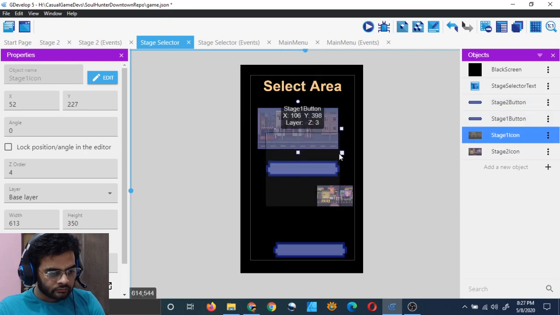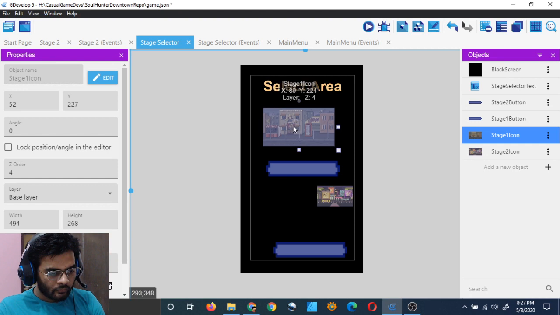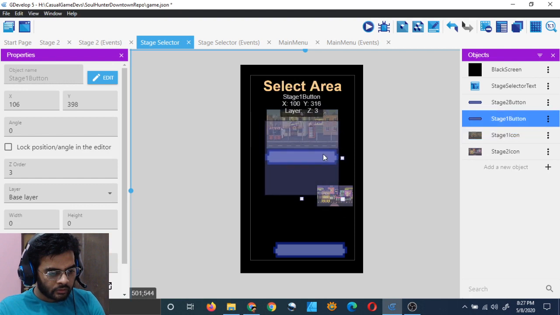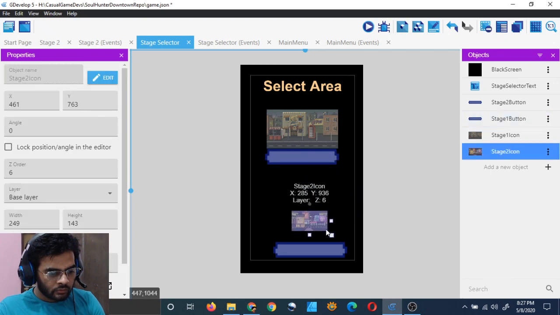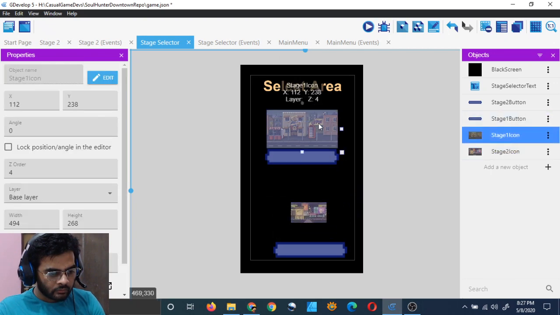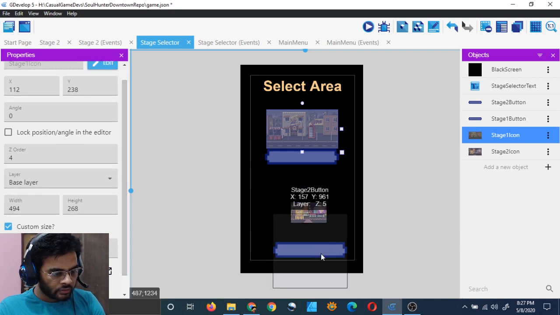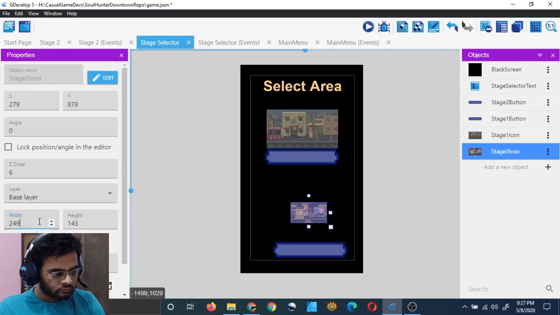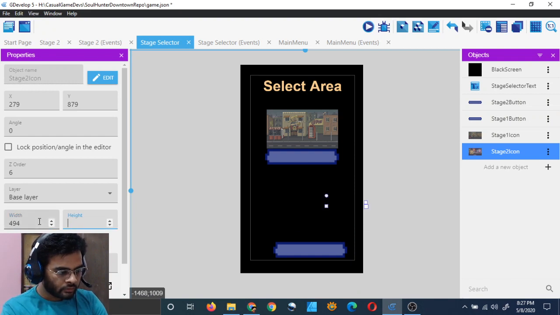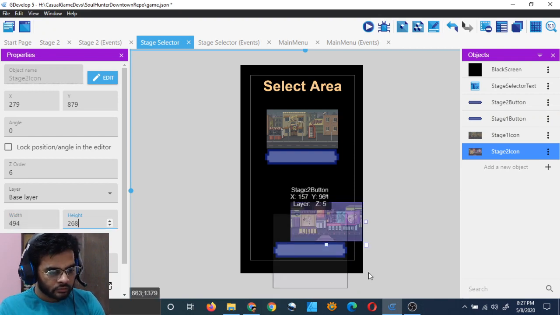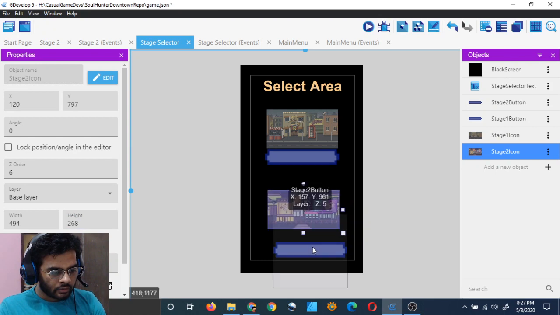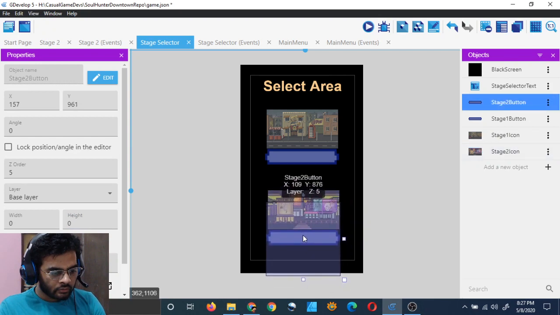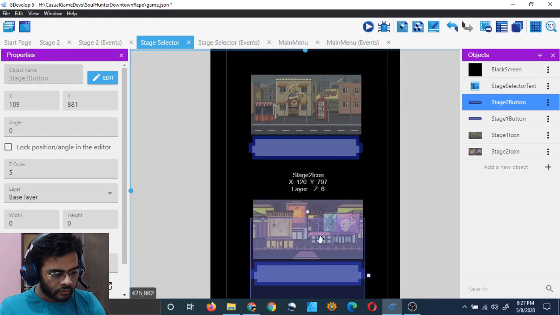Make it smaller. So this looks better, I think. What is the size of the above one? 494 cross 268. Exactly the same size. So yeah, now we have two images.